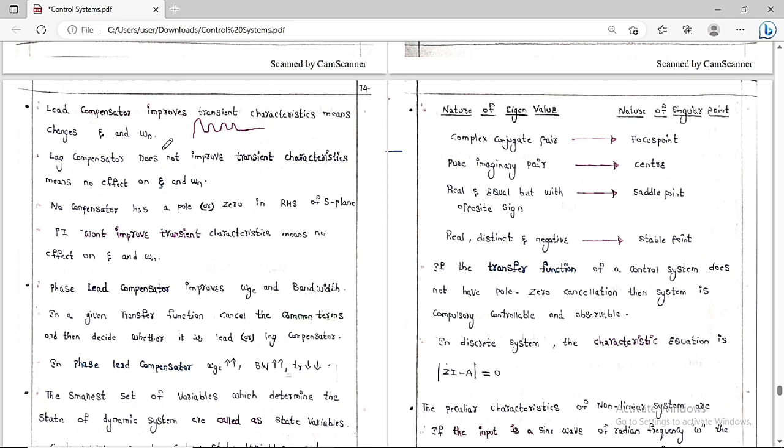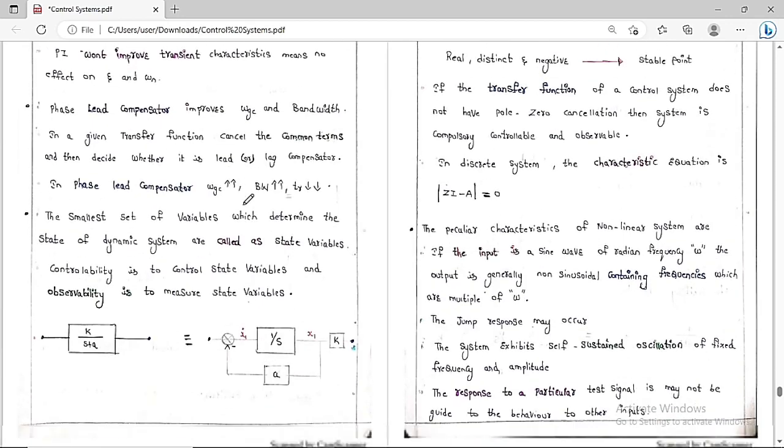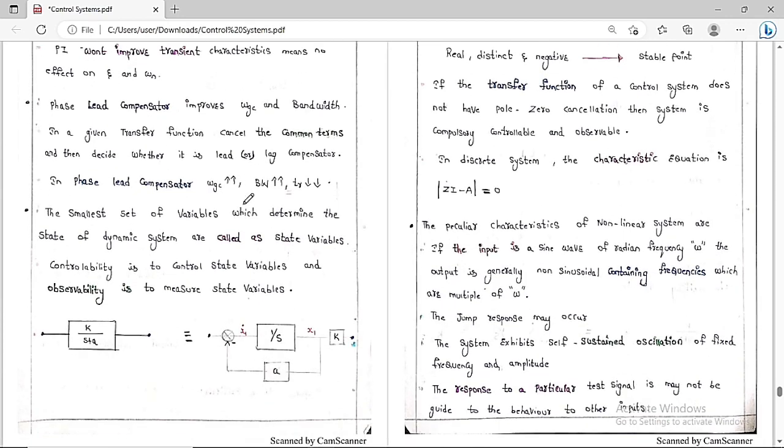The next point is, the phase lead compensator is going to improve the gain crossover frequency as well as the bandwidth. I have already told you this important point so many times. So the phase lead compensator improves the gain crossover frequency as well as the bandwidth of the system. Both are going to increase. The gain crossover frequency increases as well as the bandwidth also increases in the case of the phase lead compensator, because